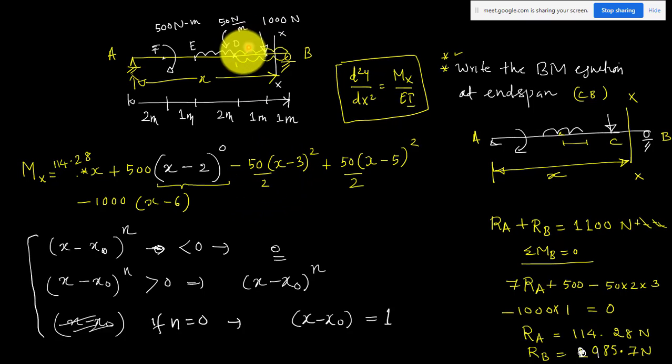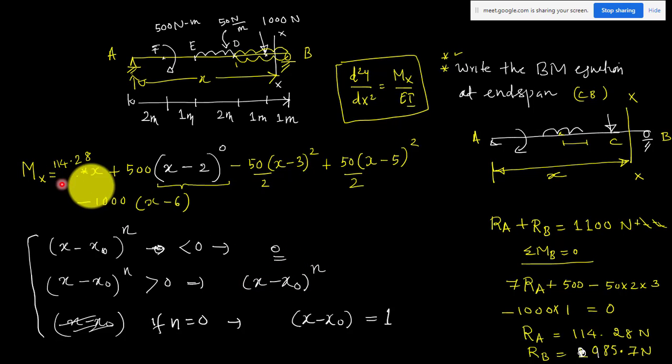You can understand that from the given beam also. This 50 UDL will come only for this section. Only from here onwards, after x equal to 3 meter, is this UDL acting on the beam. So after this point E only you have to consider this term. That is what I have written here also. A simple way to remember this: whenever this quantity is negative, you simply remove that term, and if it is positive, you keep that term in the integration also.